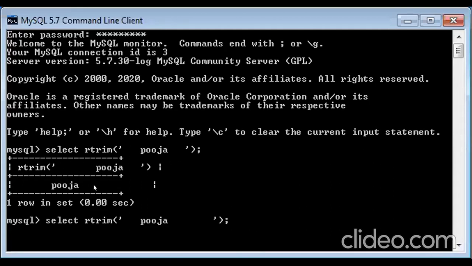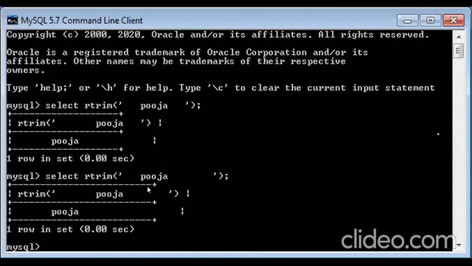In fact, your row is also having that much space. So you cannot really identify, but actually it is doing so. It is actually deleting the space at the last side. It is actually trimming your backspace. So you would have to consider it. We cannot really identify over here whether the space has been trimmed or not, but definitely for ltrim we can identify, because the name will shift before.